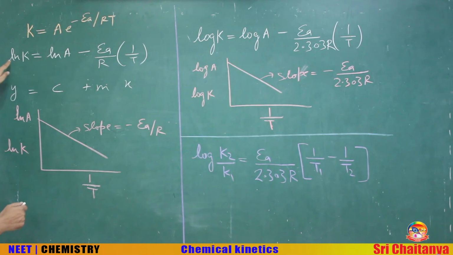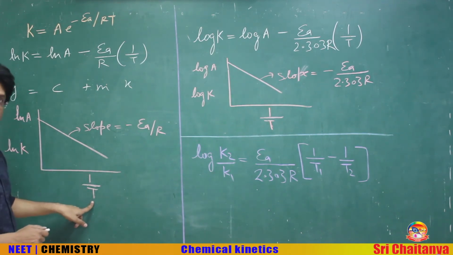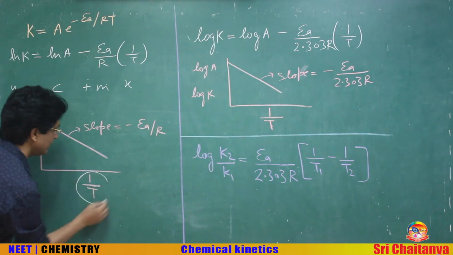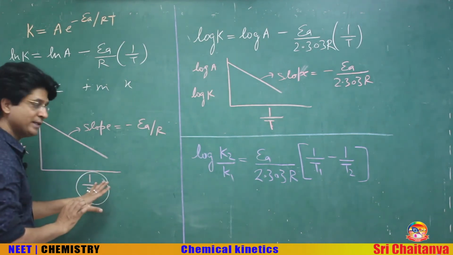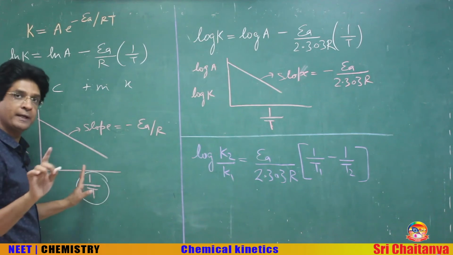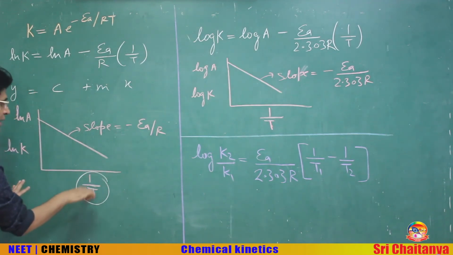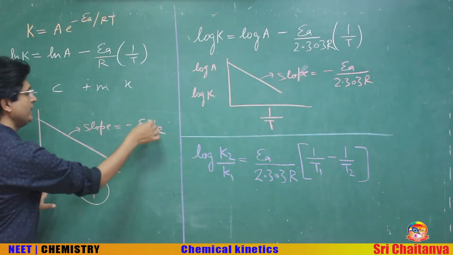Now if we take the natural logarithm of these things, I'll get this equation, okay, and if I plot a graph with natural log of k on the y-axis and 1 by T on the x-axis. Remember that this is 1 by T and not T. So if they give you a graph with T on the x-axis, this will definitely not be the line. To get a straight line like this, this has to be 1 by T, whose slope will be minus of